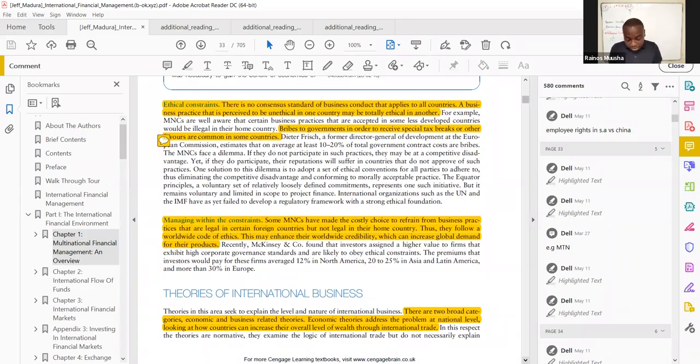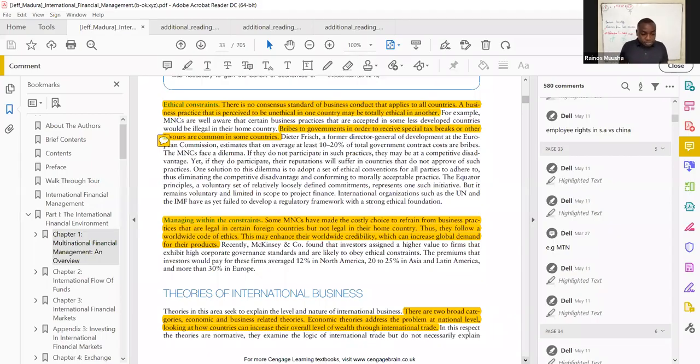The next one is managing within the constraints. And here they say, some multinational corporations have made the costly choice to refrain from business practices that are legal in certain foreign countries, but not legal in their home country. So thus, they follow a worldwide code of ethics. This may enhance their worldwide credibility, which can increase global demand for their products. That's why you see that in most cases,